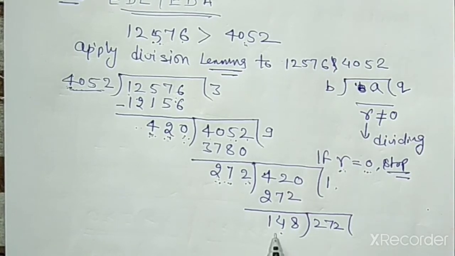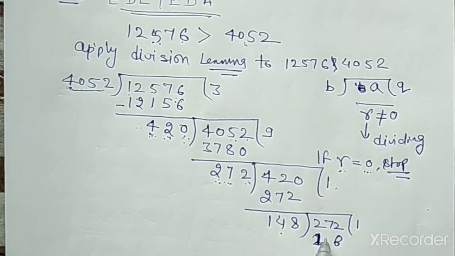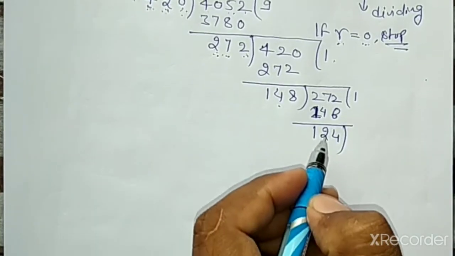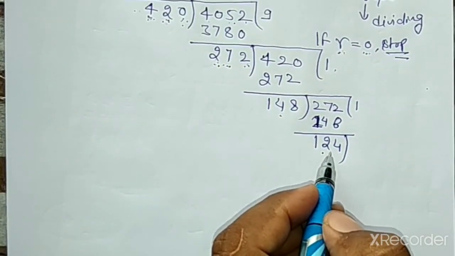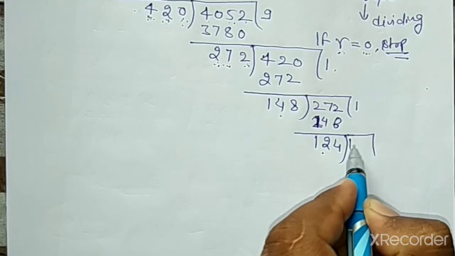272, again it goes only one time, so it is 8 16 and 2, sorry, only one time, so it is 8 only, and it is 148, so it comes only 4 here, and that is only here 7, so it is 6 only here, and it is 124. Okay, 120. The remainder is again not 0, so what we do here, we write 48.